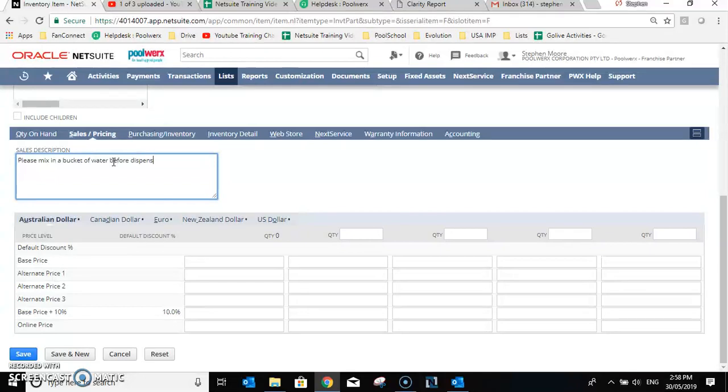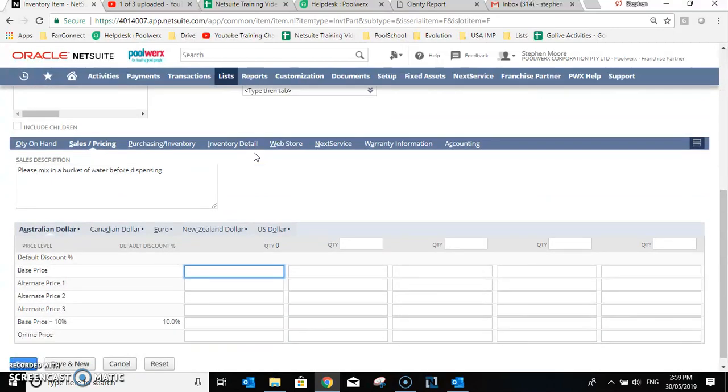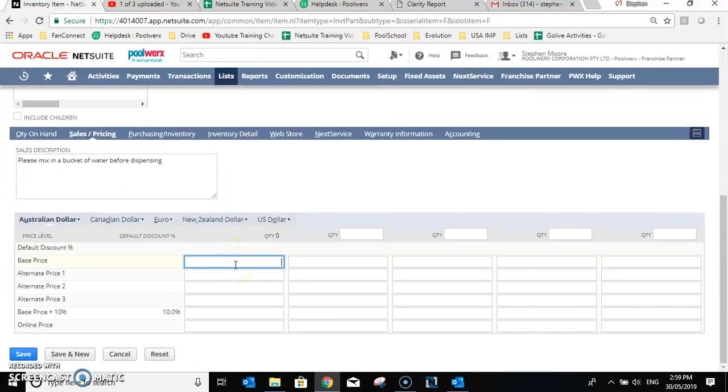So this is a great field to use for that, to eliminate, even after verbally instructing clients, they will have that on their receipts and invoices as well. In the base price, this is where you put your sell price excluding GST or excluding sales tax. And let's say we have a price, and don't forget this is also the price of how much you sell it for by the litre or by the unit that you're selling it in. So let's say we're selling it for $10 a litre, and if I take away the GST on that, it's going to be